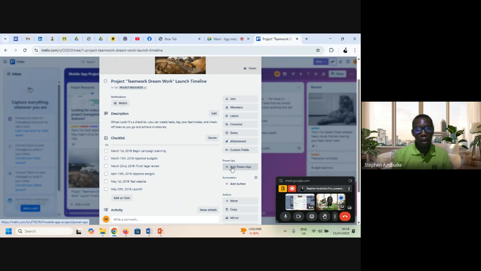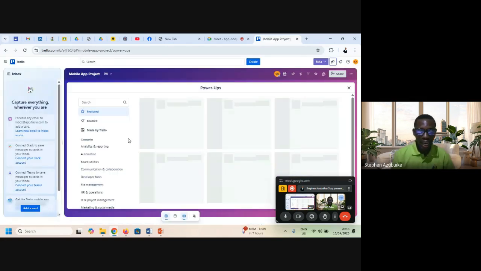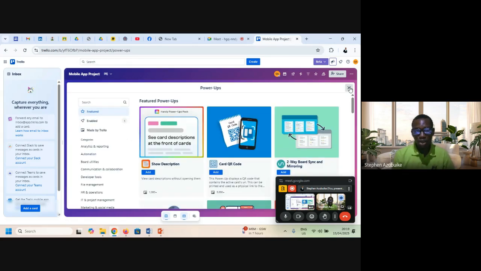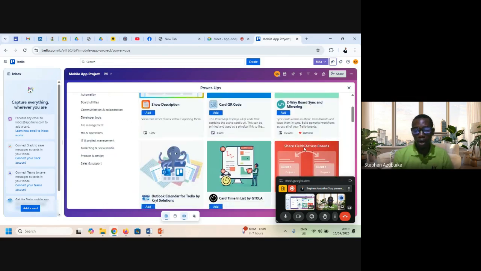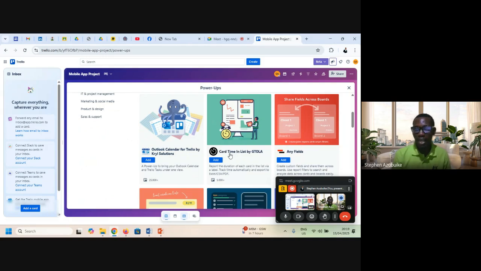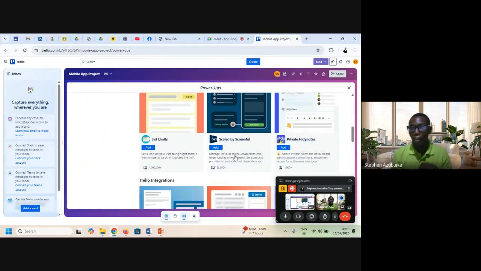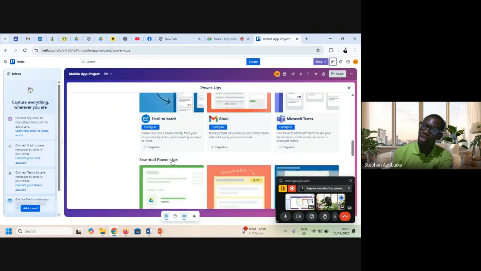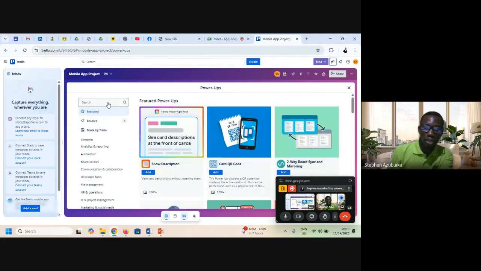You can add power-ups. One of the power-ups we normally add is the calendar power-up. There are many of them, but one of them is the calendar power-up. We also have automation. So there are many things you can do. This QR code power-up, this description power-up, this two-way button power-up. This card time power-up, any field. So there are many things that are available. You have your Gmail power-up, you have your Microsoft Teams, you have your email board. So many things you can do. You can search for power-up,